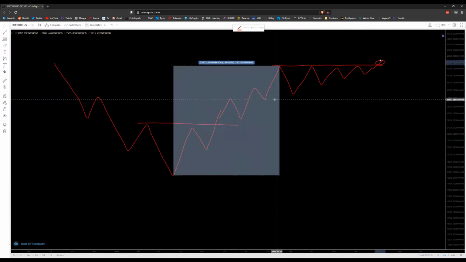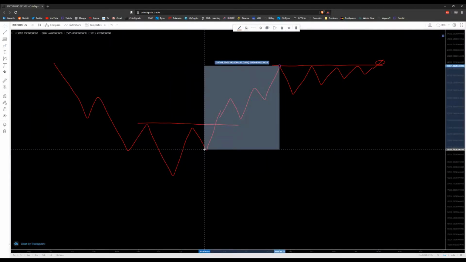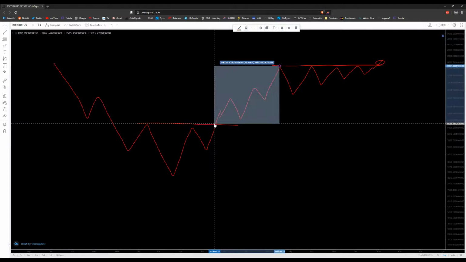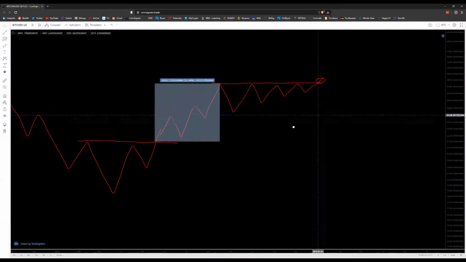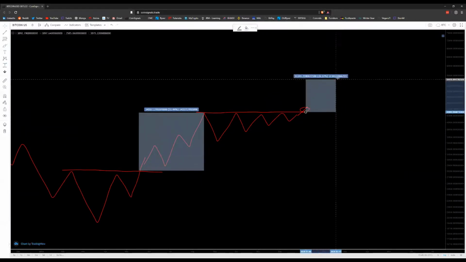Right? So the idea of the measured move is that the second leg after a continuation pattern is going to be at least as long as the first leg. So in this case, the first leg was 120%. The idea is that the next leg will be at least 120%. And you can either use the measured move from the bottom of the reversal, from the shoulder, or from the breakout point. That's totally up to you. I believe the standard way is from the breakout point, right? Okay. So that is the idea behind the measured move,